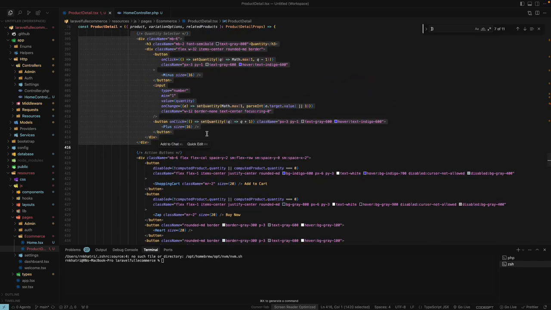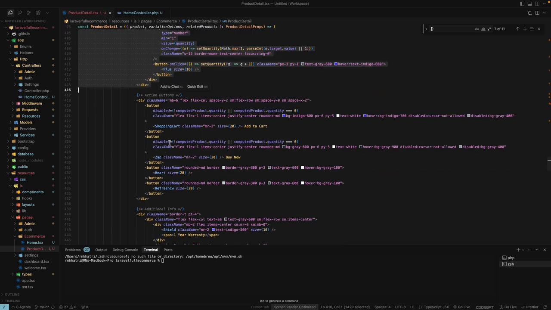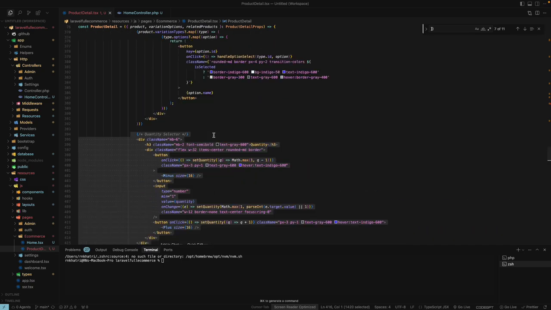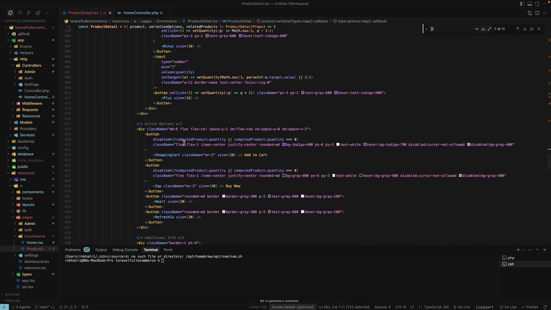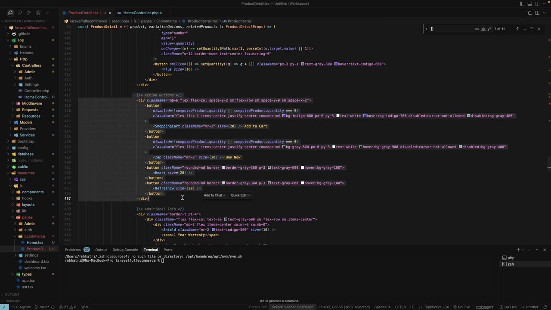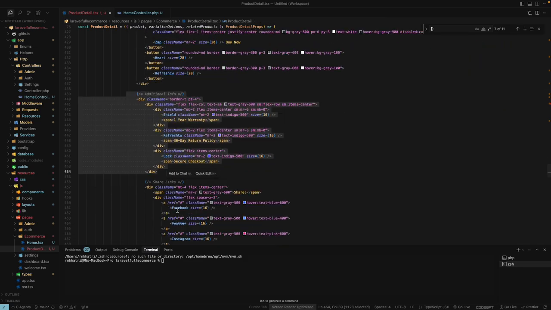Okay, and for the button, here is a type option, if selected option ID is equal to this option ID is selected, then we have to pass the color blue or this one, right? So this one, and action buttons and additional sections,